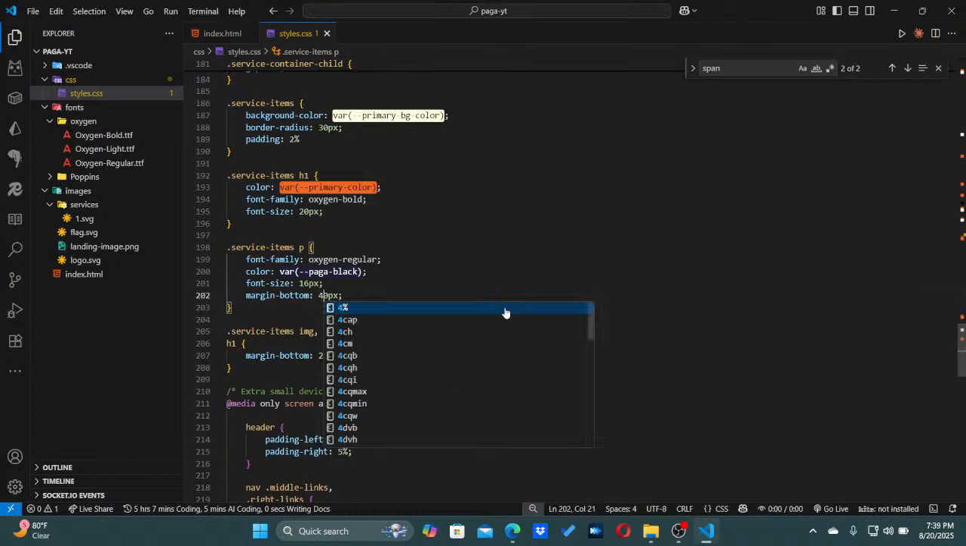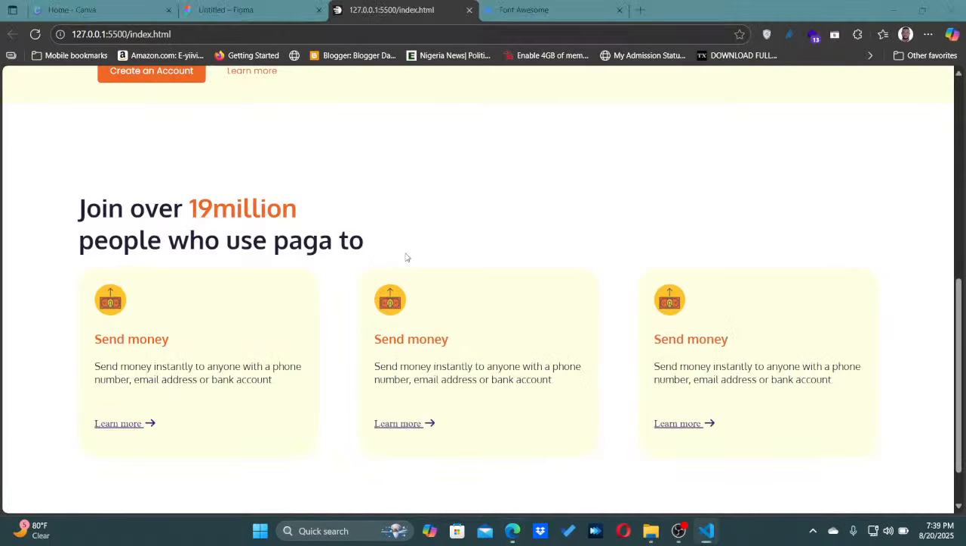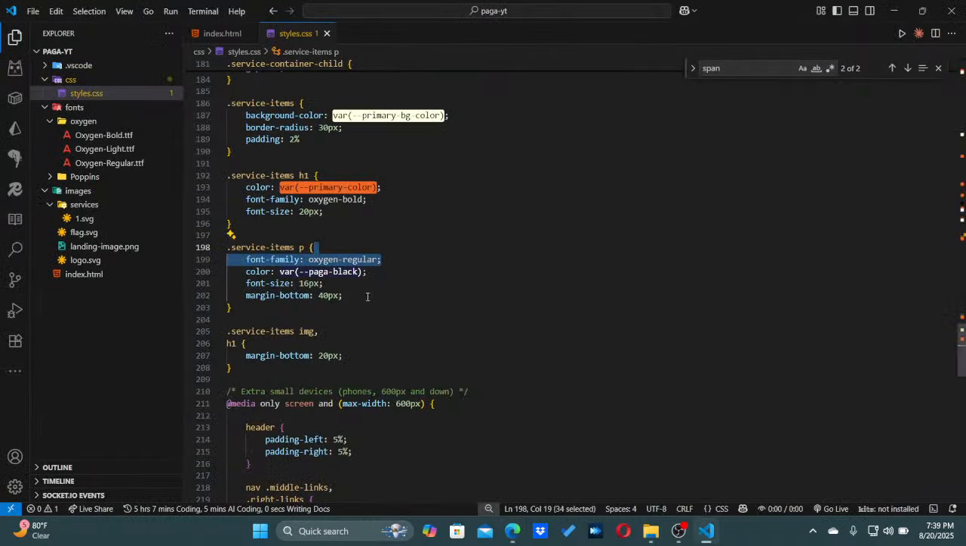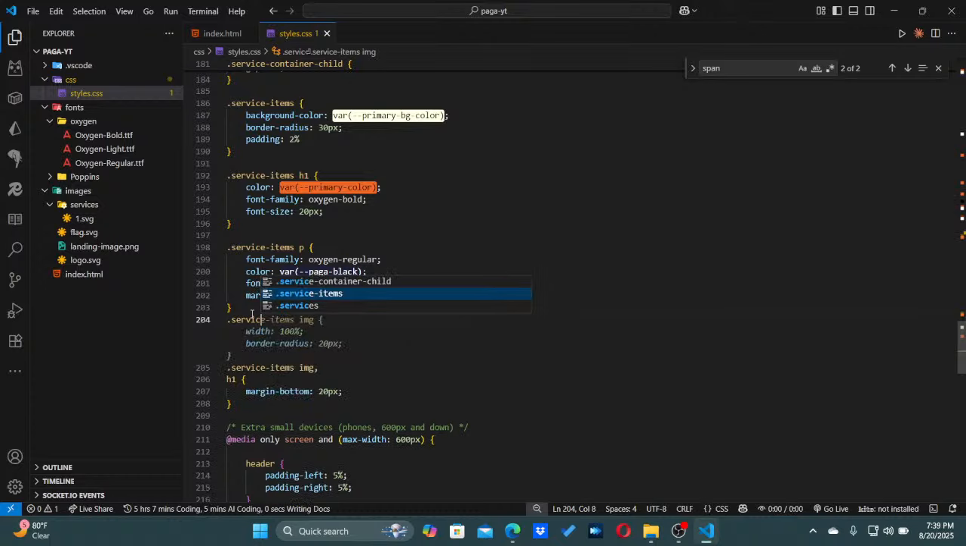I hope you are following me. Yes, we will change the text, but we are doing the designs first. Let's finish the designs. So we have this space, we have this space. So now I will say dot service items